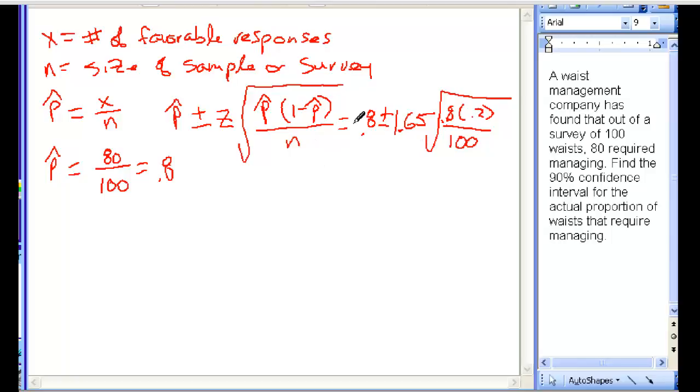If we went through this calculation, we'd first do p hat 0.8 minus this value here, and then we'd do 0.8 plus this value to get the left and right endpoints. That could be done on a calculator. Another option is to go to